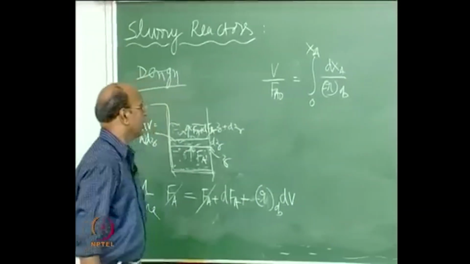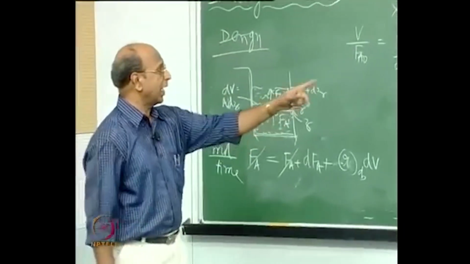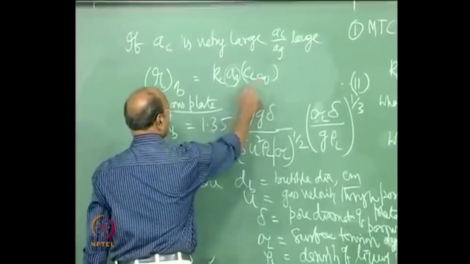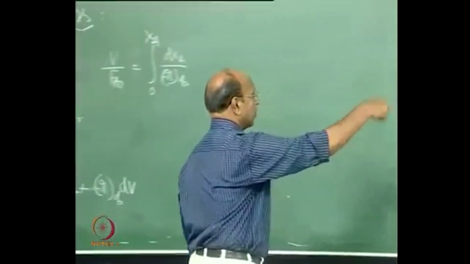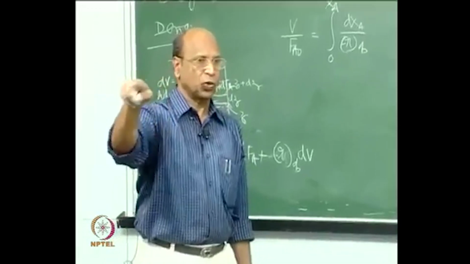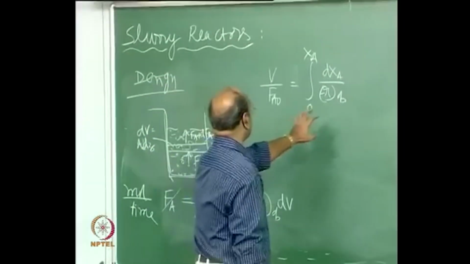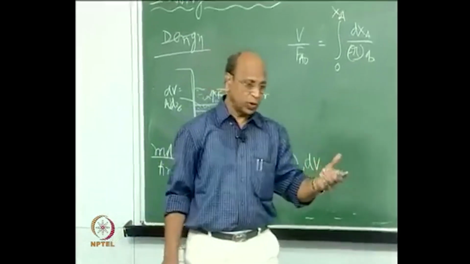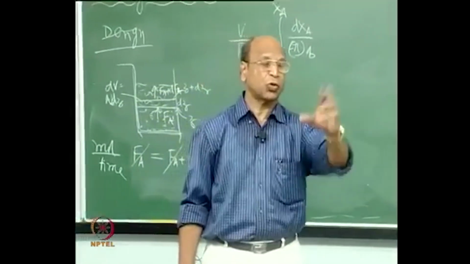Minus ROB. Good. Now, if it is a first order system like this, what do we have? The CL correspondingly can be converted into CA naught into 1 minus XA. Then you substitute that and integrate. That is all. That is why I told you, contacting is in fact much easier to remember,